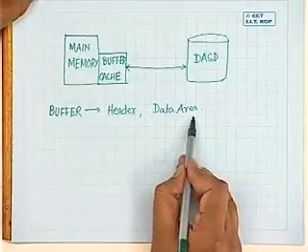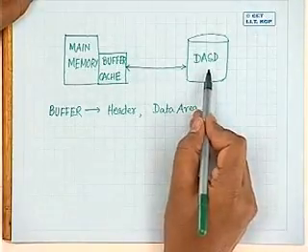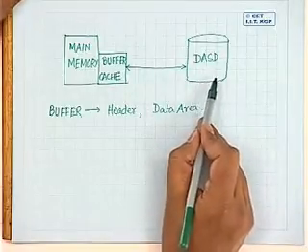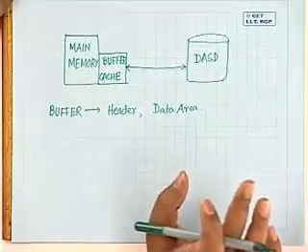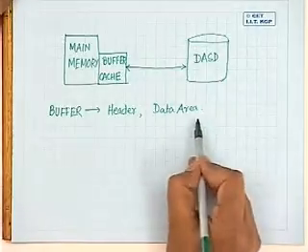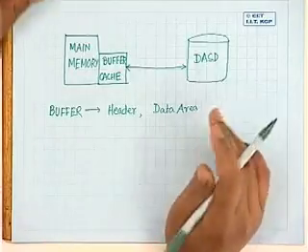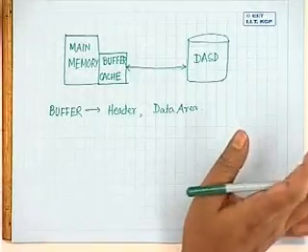The data area of the buffer contains the data from a block of DASD. As I said, whenever I have to access anything from the DASD, I have to access it in the form of a block. So this data area will contain one block of the DASD. So if I have, say, 50 buffers in a